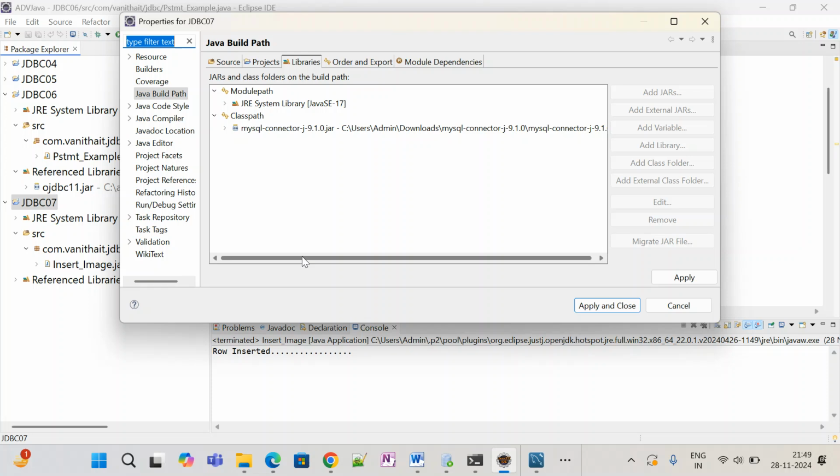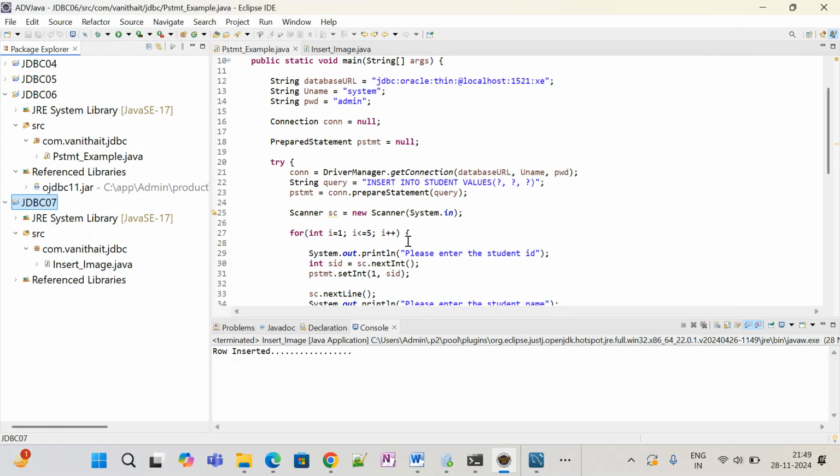This is the MySQL connector jar file. According to your database requirement, you have to select the jar file. For the prepared statement, when you are connected with SQL Plus, you have to select the OJDBC 11 jar. Now it is OJDBC, not OJDBC 11. Now I have to connect with MySQL for my workbench, right? For that purpose, I have selected the MySQL connector jar.